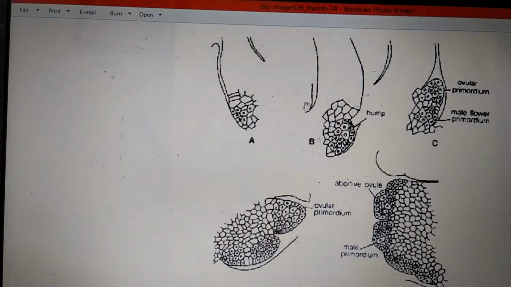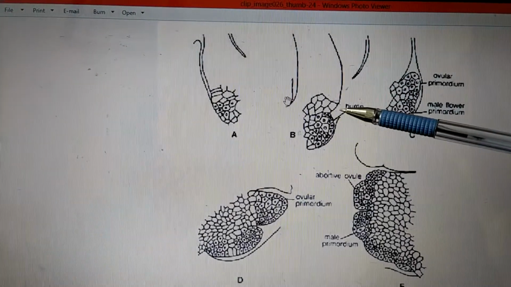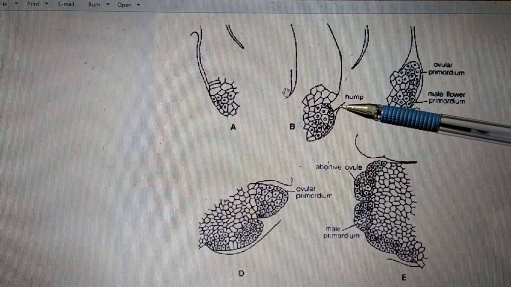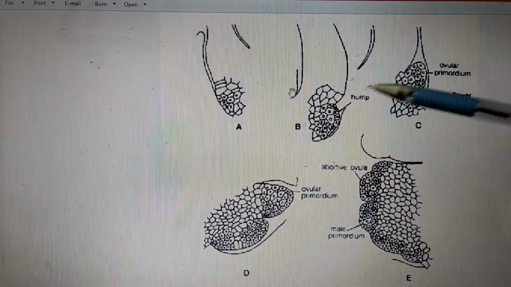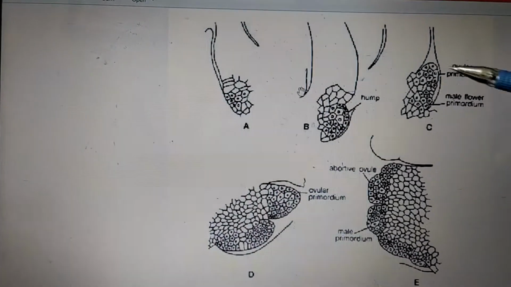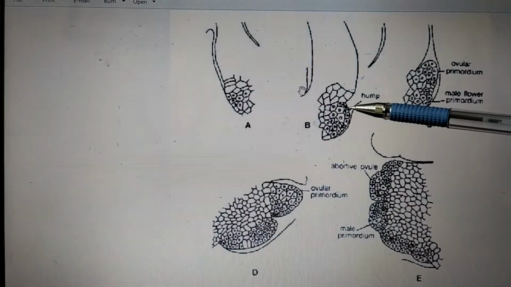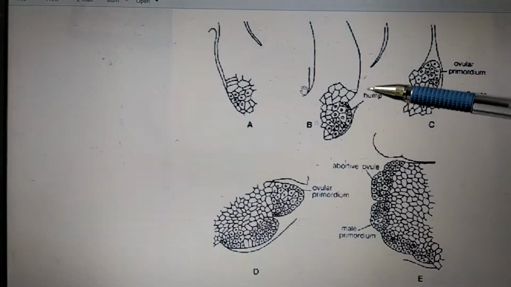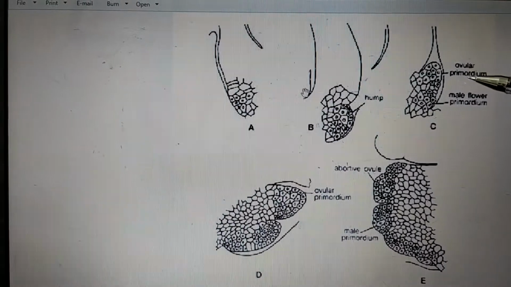From where these cells arrived, we know that there is a bract. Bracts are going to fuse and form what is called a collar. The cells below the collar are going to be activated, and these activated cells we are going to call meristematic cells. The role of the meristematic cell is to divide and redivide, and that leads to the formation of this hump-like or outgrowth-like structure. Now, on this hump, we have the upper side and the lower side. The cells on the upper side of this outgrowth start to differentiate and form what is called the ovule primordium.